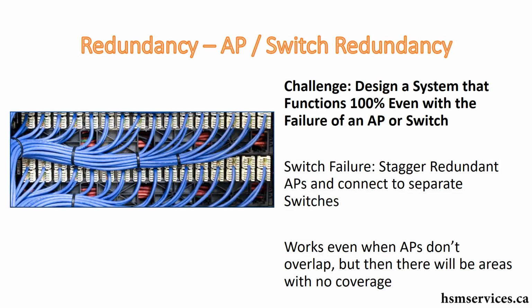Now, if we stagger our access points and connect half of them to one switch and half of them to the other switch, or to several switches, and one switch fails, then only the access points connected to that switch will fail. And if we've got coverage overlaps that are high enough, then the users won't really notice. And the way that we do that